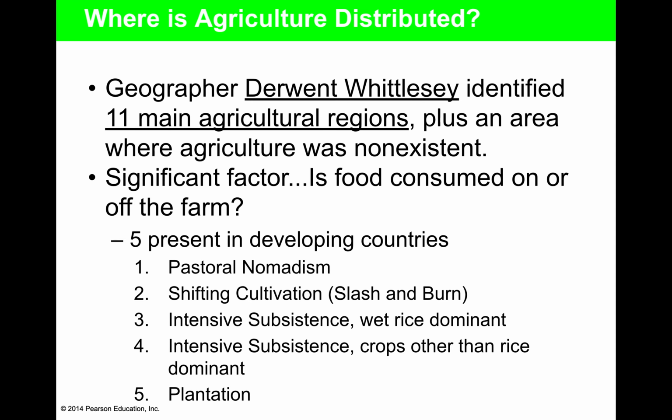Dairy is found in northeastern United States and northwestern Europe. Grain is found in the north-central region of the United States and Canada and Eastern Europe. Livestock ranching is found in the western United States, Southeast Latin America, Central Asia, Sub-Saharan Africa, and